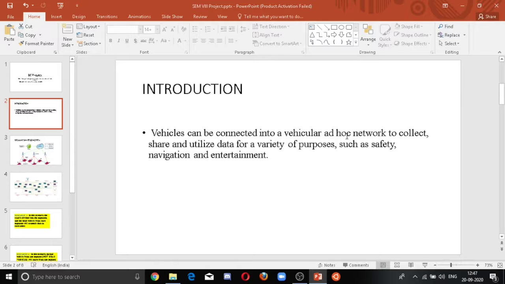For example, suppose there is a heavy traffic jam on the road and some vehicles are still using the same path, unaware of the traffic jam. The traffic jam gets heavier. In this case, we can use VANET to inform other vehicles that there is a traffic jam ahead and change your route to reduce the intensity of the traffic jam, as well as save time for them.